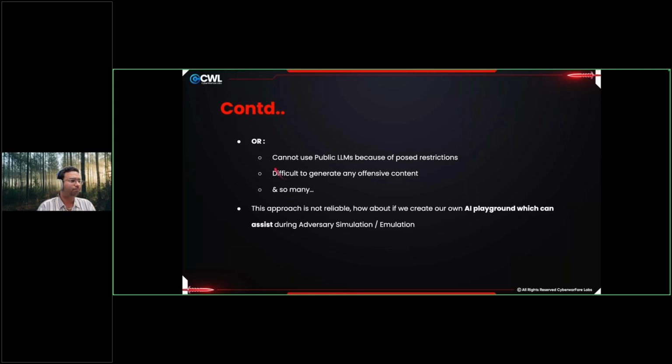So first of all, we cannot use public LLMs because of post restrictions. Obviously, as I mentioned, if you try to generate any offensive info stealer, or write some custom ransomware, it will say that it is not possible because of the post restriction. However, if you are still able to generate it somehow,